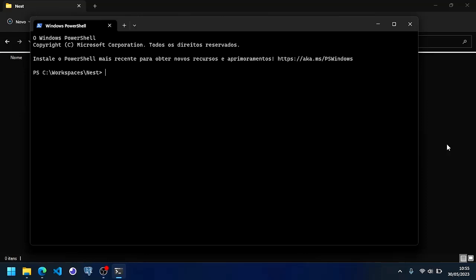To create a Nest project, we should write nest new, or just n as a shorthand, and then the name of the project. I will call my project conrod-backend, but you can choose another name if you want. Hit enter,